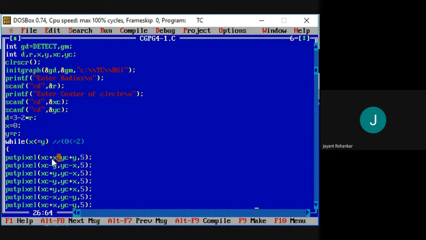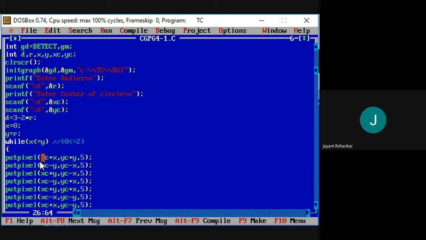What I want to convey using this equation or calculation is that we have to add the value to the actual coordinate value of the circle on the boundary of the circle. Then that circle will start drawing.